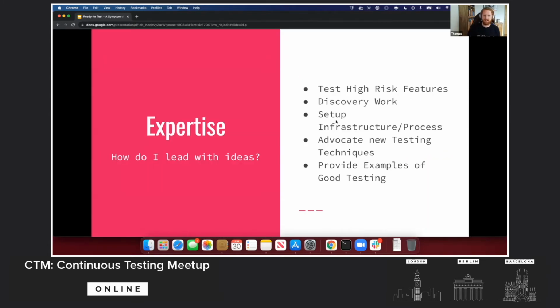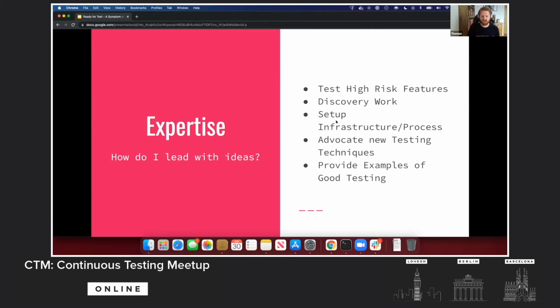And so how can I lead with expertise? Well, firstly, you could perhaps test the high-risk features. Yes, I've talked about pairing and three amigos and all these other ideas, but sometimes, even with all of this, we still want to be extra certain that we've done everything we can to test this feature because it's particularly high risk. At that point, as the QA in the team, you may decide to lend your expertise because you do know a few additional techniques that the rest of the team might not know around testing to do that extra additional check.